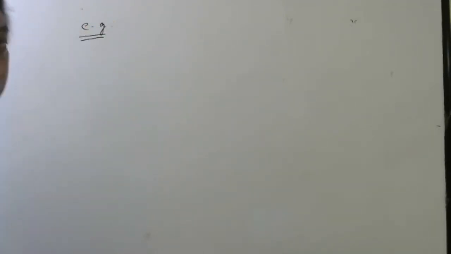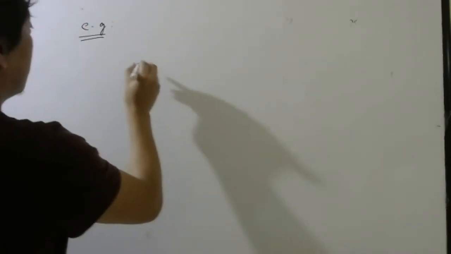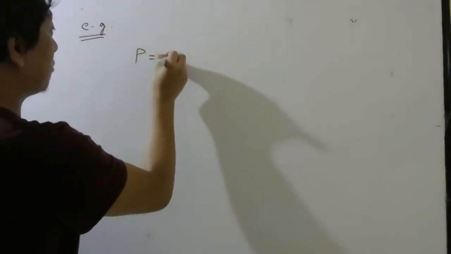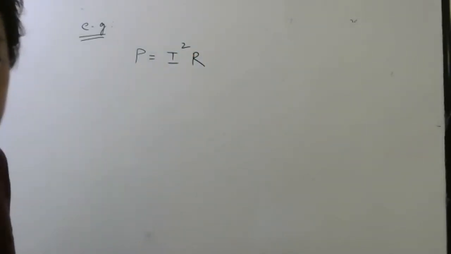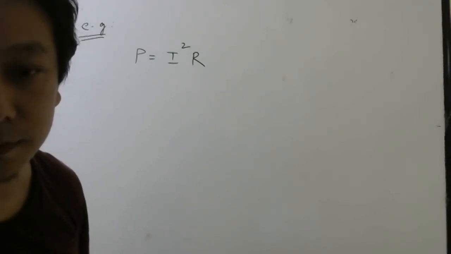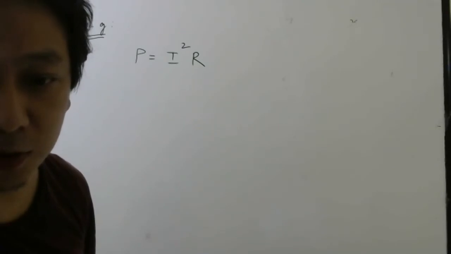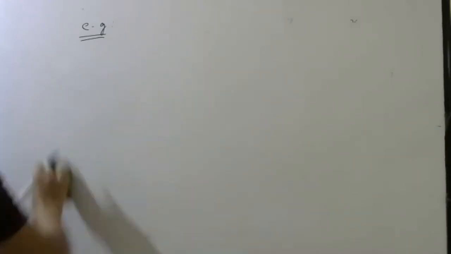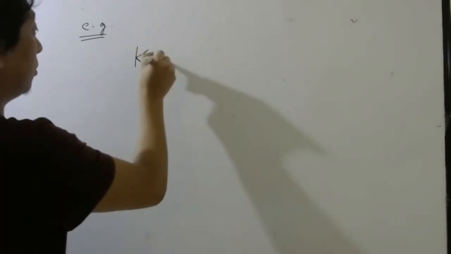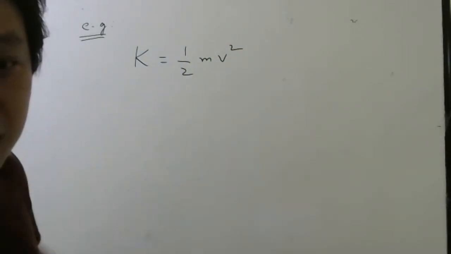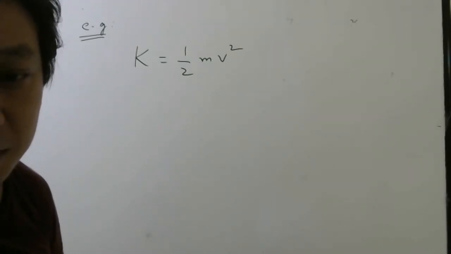So for example, see some examples. Very important examples are there. Listen carefully. Have you seen this formula in your class 10 chapter? P equal to I square R. Some of you are saying no, sir. Well, this formula is for power. Some of you have not seen, leave it. Have you seen this formula in your school days? Yeah, this is the formula for kinetic energy, right?